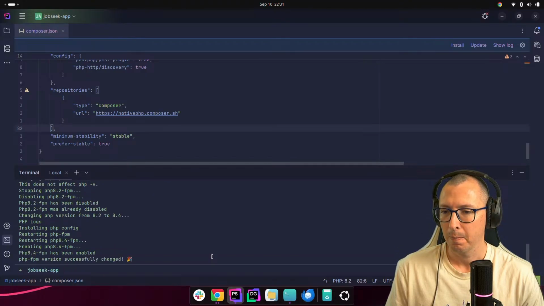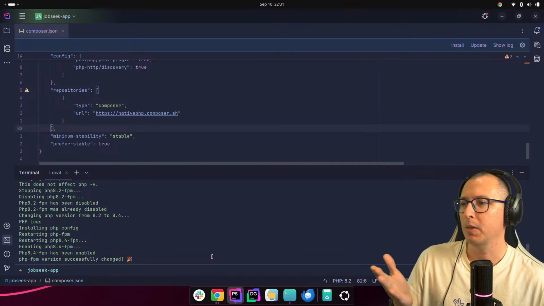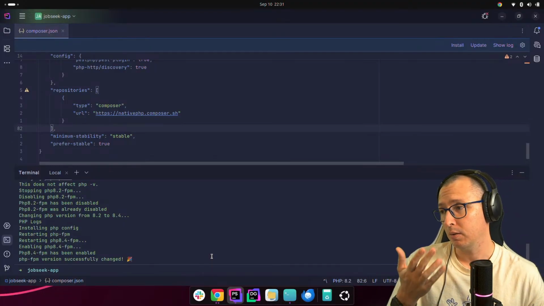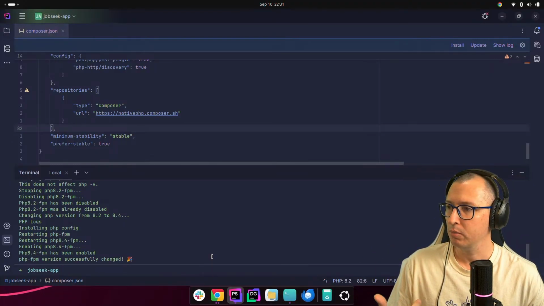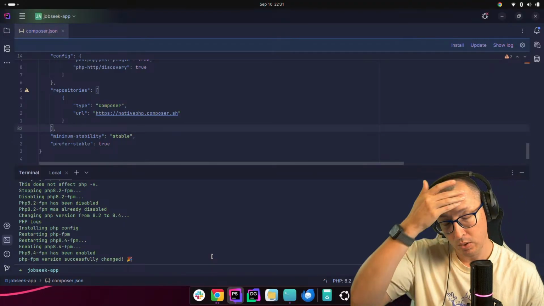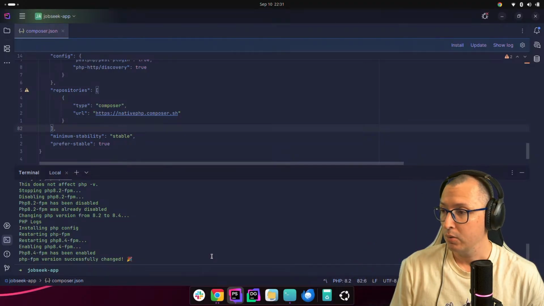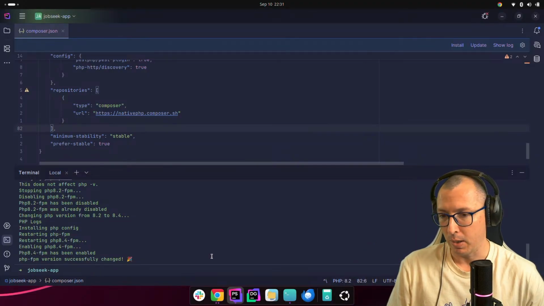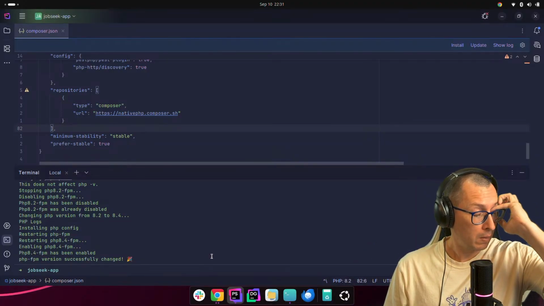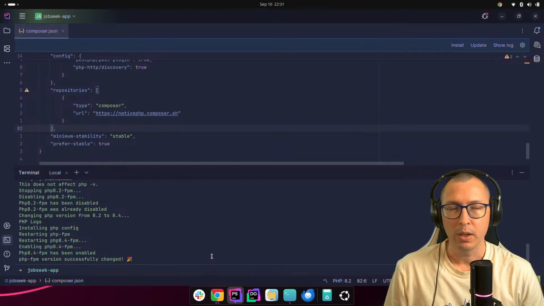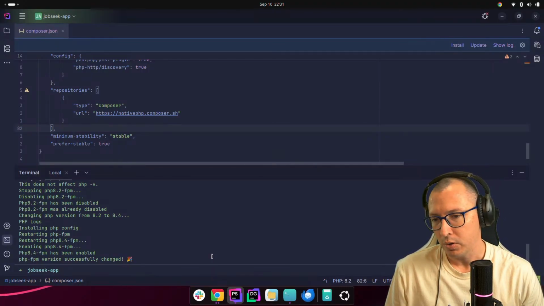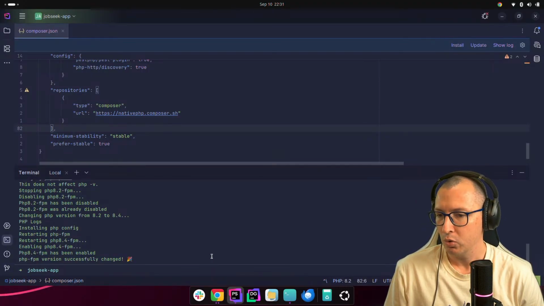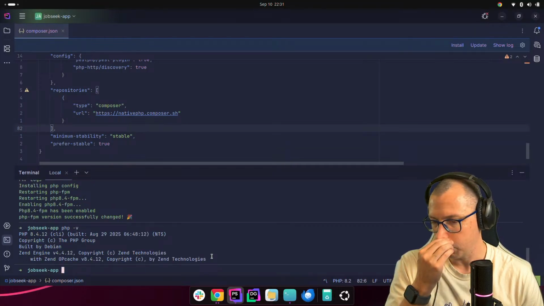So that's basically the same thing as using Herd on Mac or Windows, but in this case, since we don't have Herd for Linux, we have to use the valet command. And I do have several PHP versions installed, and we can switch easily. So if I do now php -v, we should be on 8.4.